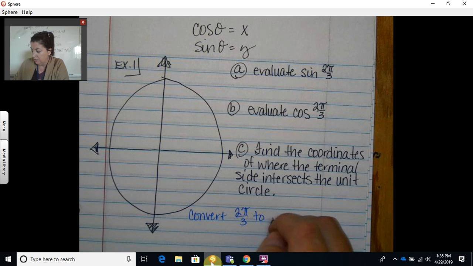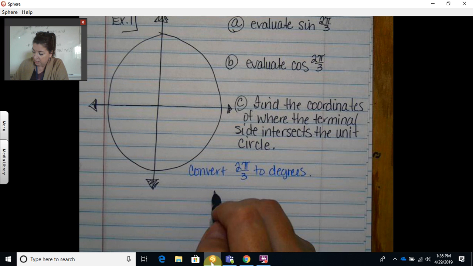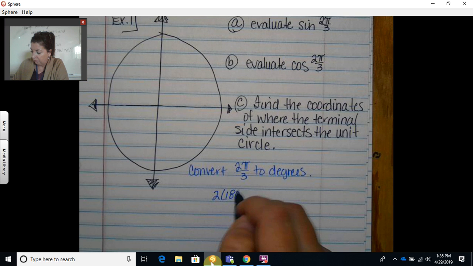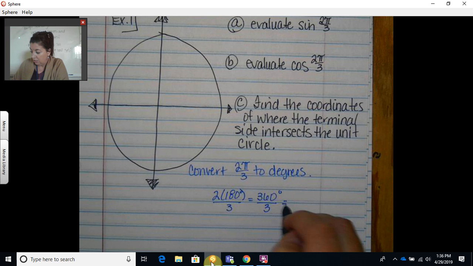Do y'all remember how to convert radians to degrees? You plug in 180 for the pi. Exactly. So instead of 2 pi, it'll be 2 times 180, quantity divided by 3. So that is 360 degrees divided by 3, which is 120 degrees,